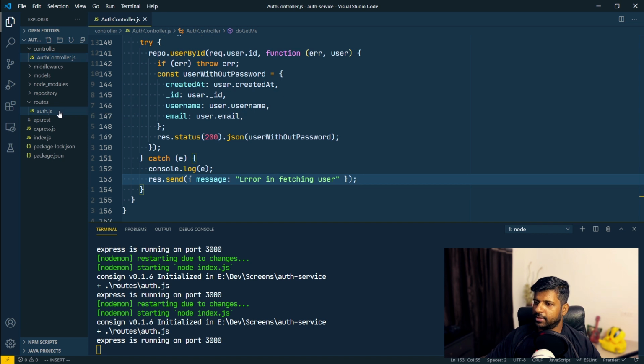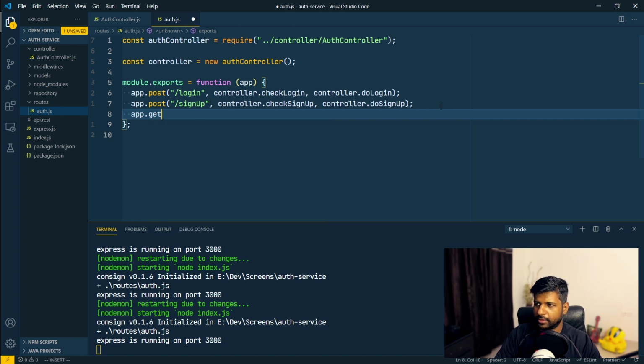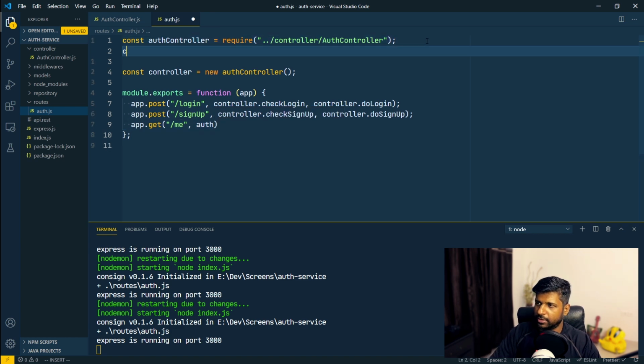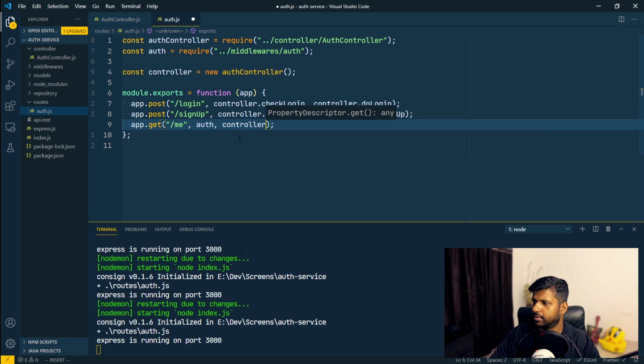Okay, and now let's create the route. Here I'll create an endpoint called app.get, and it will be /me, and I'm going to use this middleware which I created. So let's import it. Auth, let's require it from middleware slash auth. So I'm going to use doGetMe here. Okay,